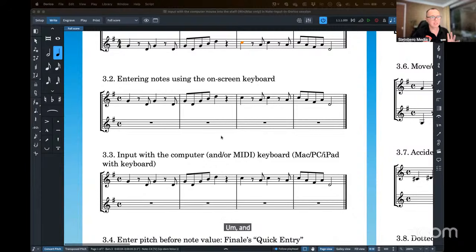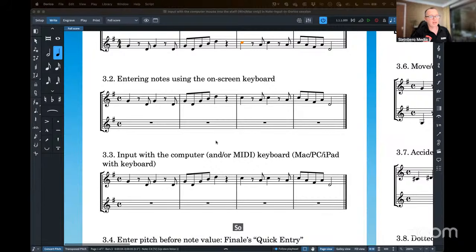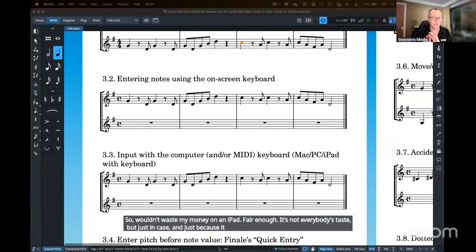And if anybody's thinking this session's going too slowly, we're going to speed up, don't worry. So wouldn't waste my money on an iPad. Fair enough. It's not everybody's taste, but just in case, and just because it's included,